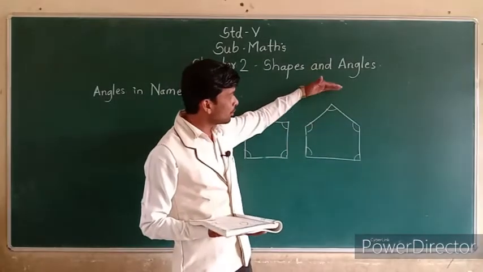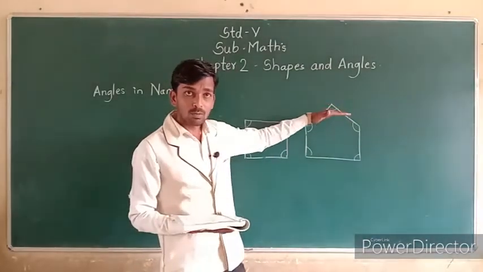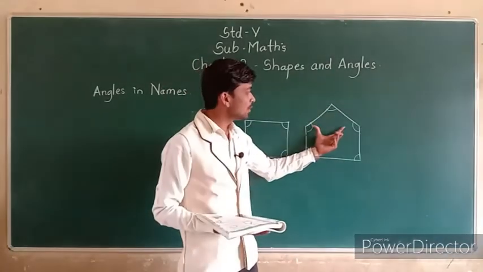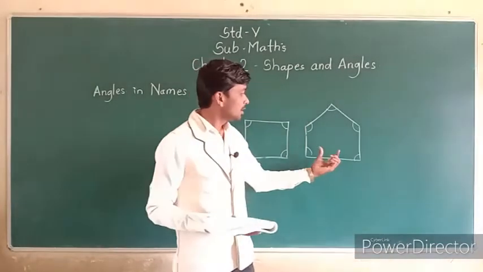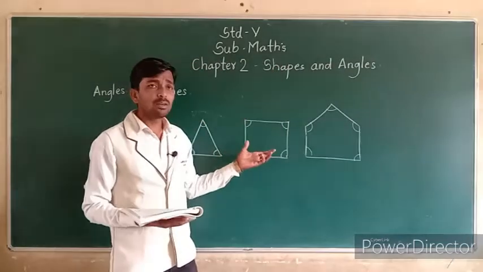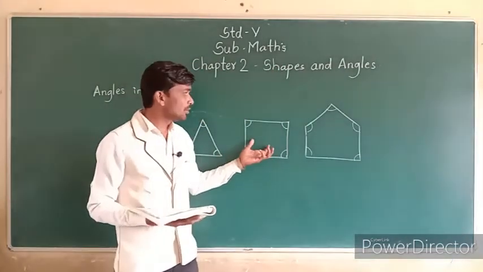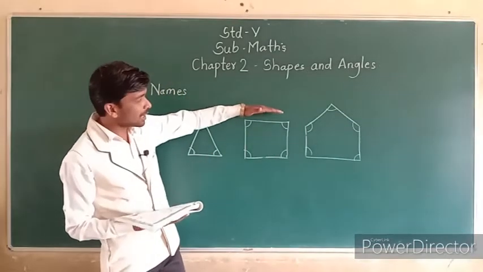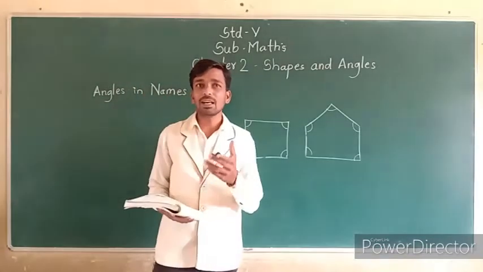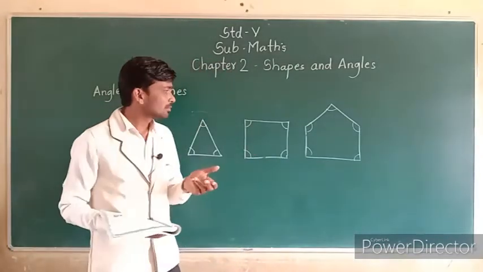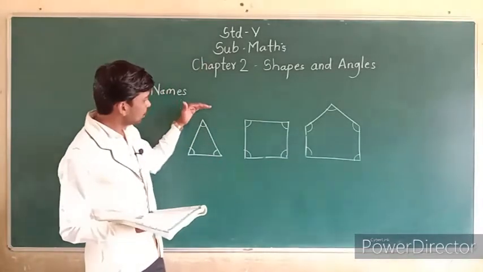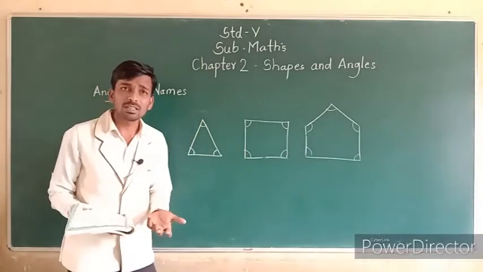Therefore this pentagon, when we have to push downward, then the angles change. These angles will change. This also angle changes. For this one angle will change. When we have to push downward, that angle will change. You can do that activity and see, write your observation. Also for this triangle, when you have to push downward, that angle will change.